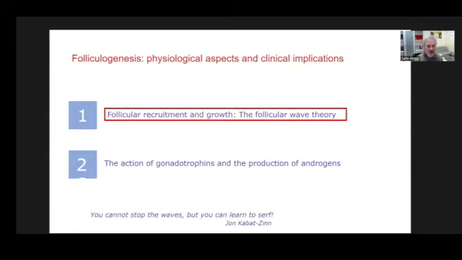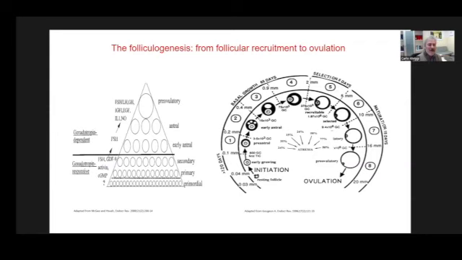So let's move from the idea of follicular recruitment and growth. This is a representation of how follicular recruitment and how follicles are distributed during the long folliculogenesis phenomenon. So as you can see, it is a sort of pyramid. So we have primordial follicles